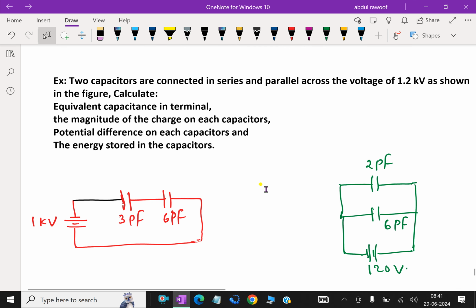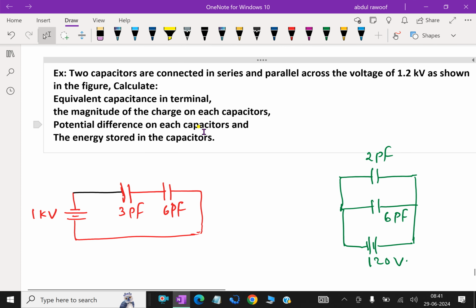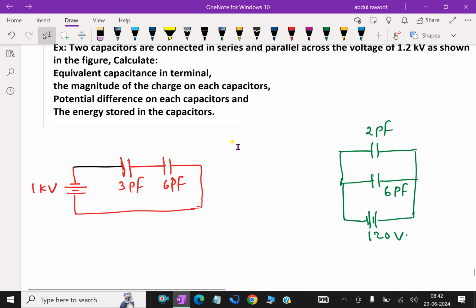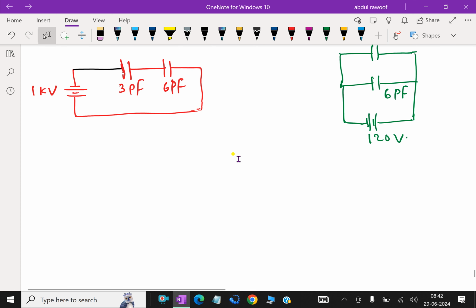Next one, two capacitors are connected in series and parallel across the voltage 1.2 kilovolt as shown in the figure. Calculate the equivalent capacitance in terminal, the magnitude of the charge on each capacitor, the potential difference on each capacitor, and energy stored in the capacitors. We'll do this problem in two ways. First, series. Here in series circuit,